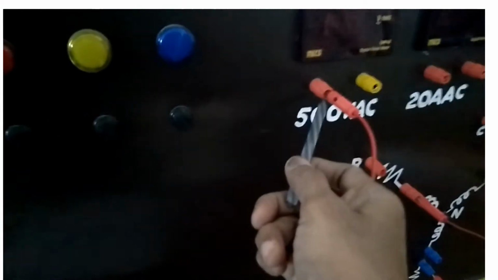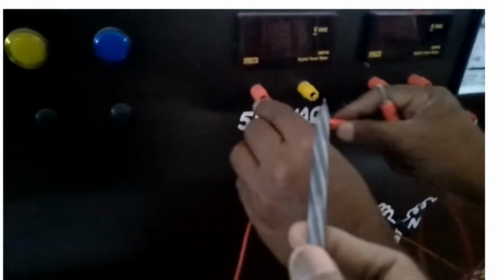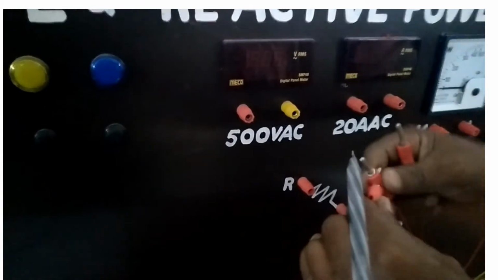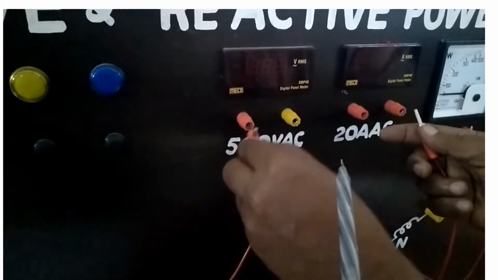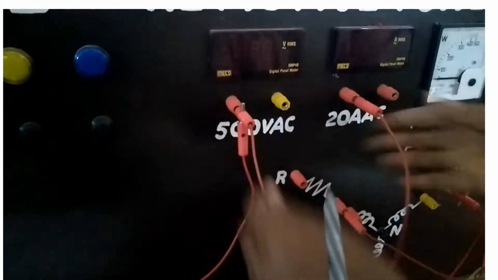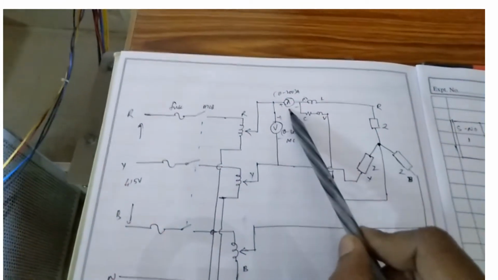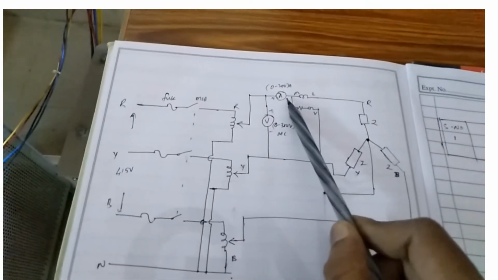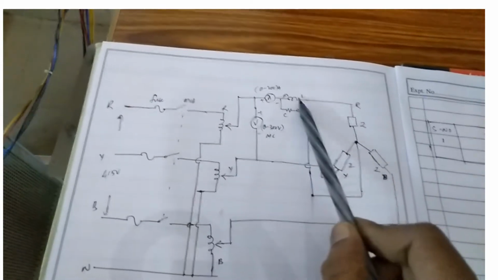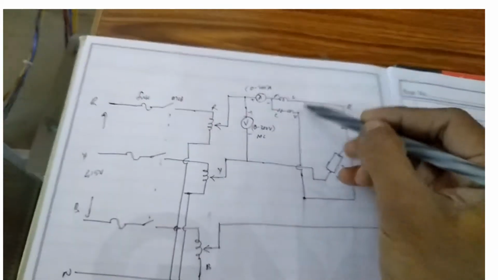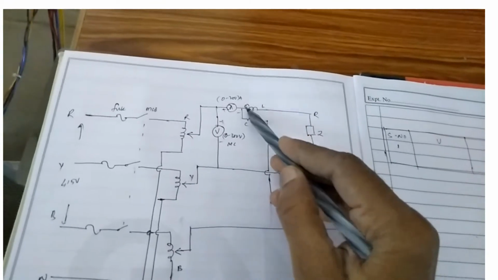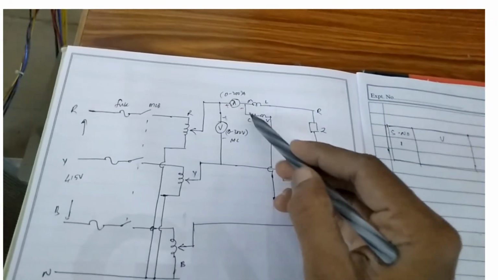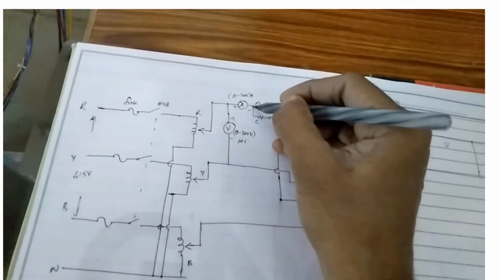So this is the R phase, which is going to be connected to the voltmeter positive as well as the ammeter positive. So here voltmeter positive and ammeter positive are connected to the R phase. Now coming to ammeter negative, which is connected to the wattmeter. This is the wattmeter. Ammeter negative is connected to M, and at the same time this C, M and C are connected to short. These two terminals are shorted.